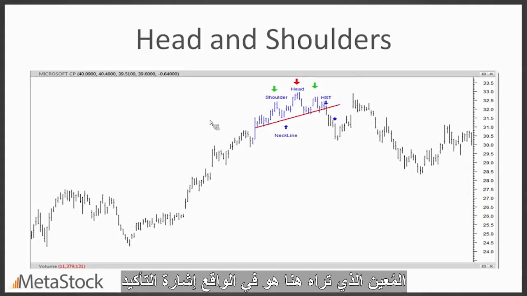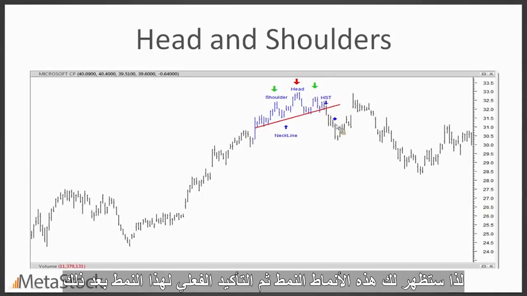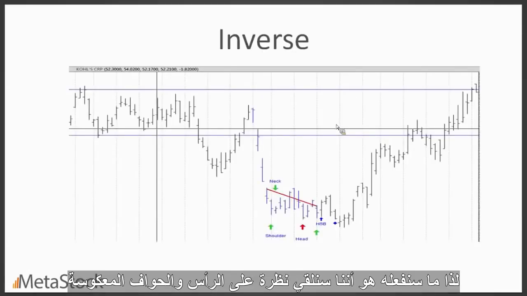The diamond that you're going to see here is actually the confirmation signal. So these patterns will actually show you the pattern and then the actual confirmation of that pattern afterwards. Okay. So what we're going to do is take a look at the inverse head and shoulders,